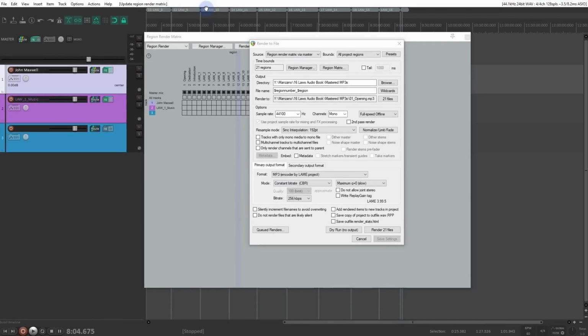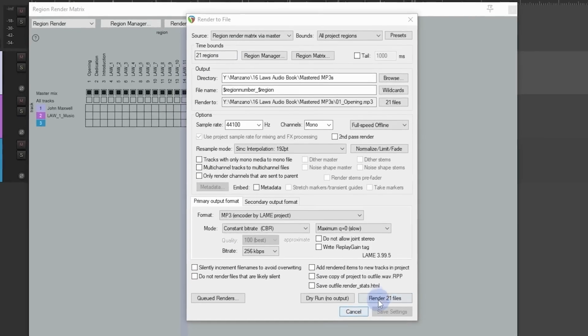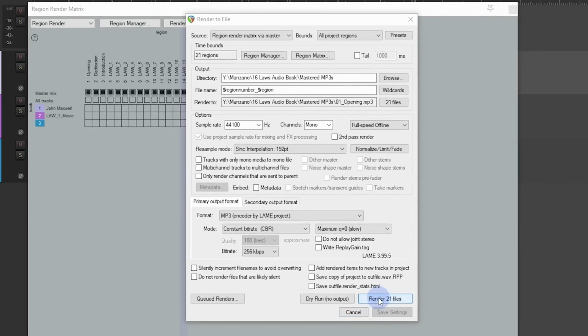So essentially, it's going to render each one of these regions via the master mix, which means that it applies all of my processing. And right down here, you can see it's going to render 21 files. And the great thing about doing it this way is I can get Reaper to name all of the files